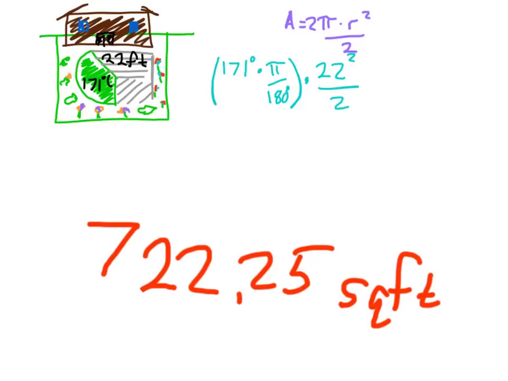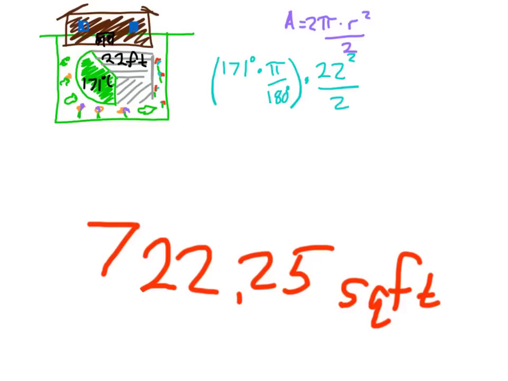I'm like, wow, that's a lot of lawn for not a really big space. But anyway, I guess it's a pretty good yard. So then I'm like, I don't know, is that right? Does that even seem right? Well, what would the area of the full yard be if I didn't have that deck in the way? So let's say I had the full circle. I just use pi r squared, remember? The area of the full circle is pi r squared. In that case, I would end up with about